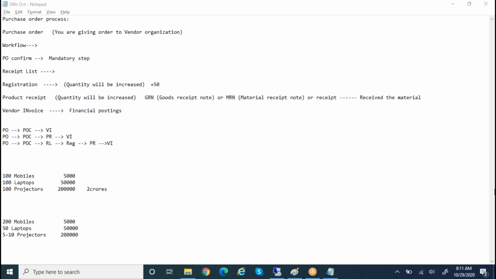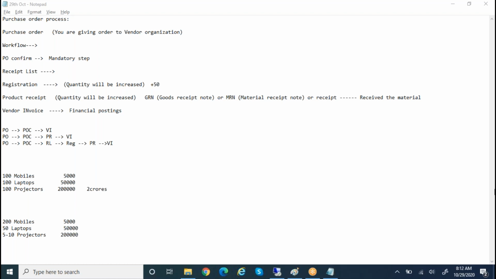Vimal, you are typing something. Yes, Satya. I'm asking whether cancellation will also come into play here for the purchase order. Once it is order confirmed, we can do cancellation. But once a product receipt is generated, that is not a cancellation process. It is a purchase return process, and your on order will get rolled back. If it is confirmed, you can do the cancellation of the confirmed purchase orders.